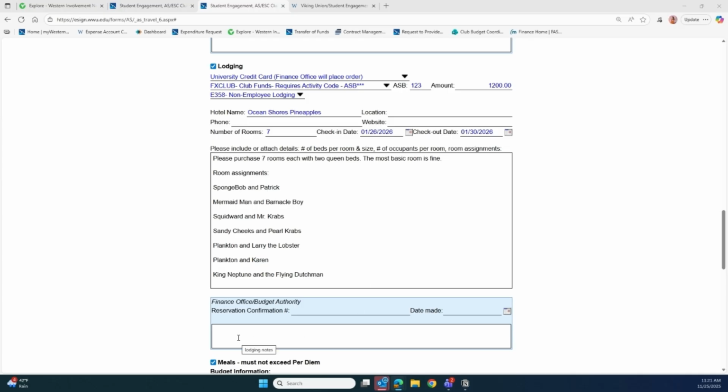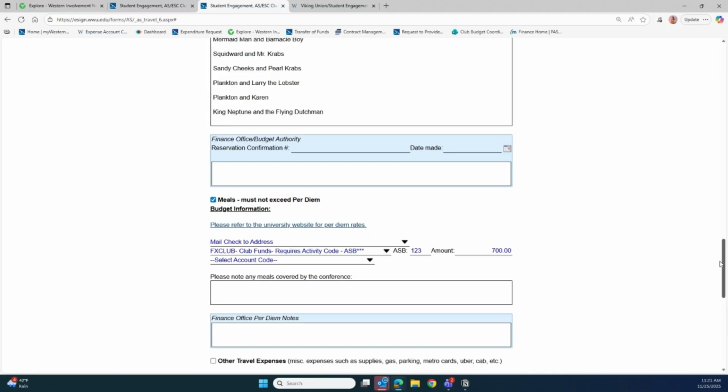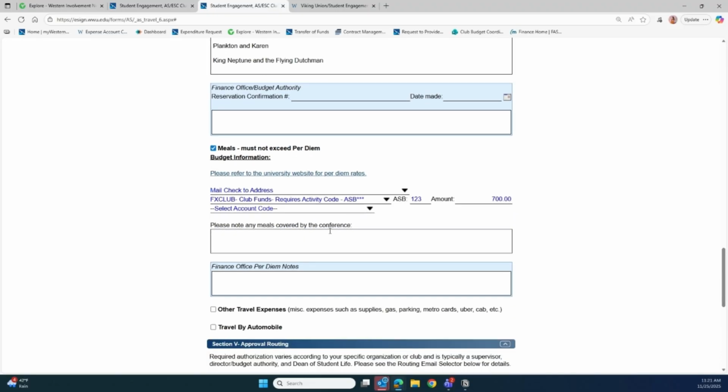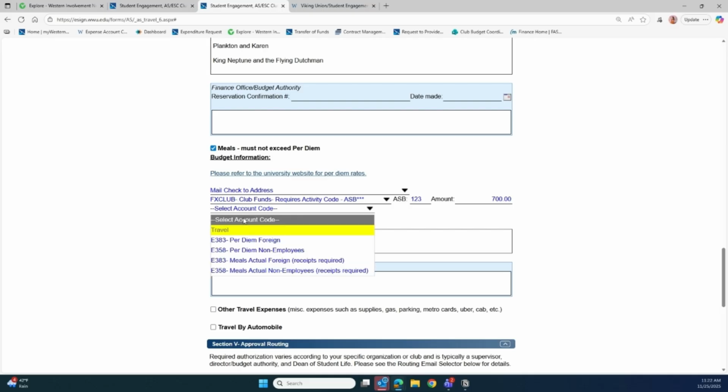And then again, you leave that blank. And then meals, if that's something that you want reimbursed, we can do that as well. So meals, there's no way for us to pay for that up front. Unfortunately, we don't have cards that you can check out for travel, so that must be something reimbursed if you want that reimbursed. So that is going to be mail check to address always,